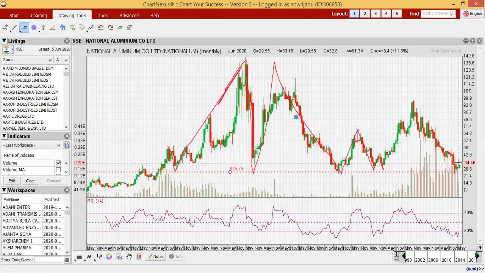So suppose when it is trading at the 26 level, then we can enter the stock at 26 with a very small stop loss of 2 rupees. If it hits that on a weekly closing basis, then obviously we will exit. But see here, those who entered at the 26 level, it has given a high of 35. That means already 9 rupees, more than 30% return they got.